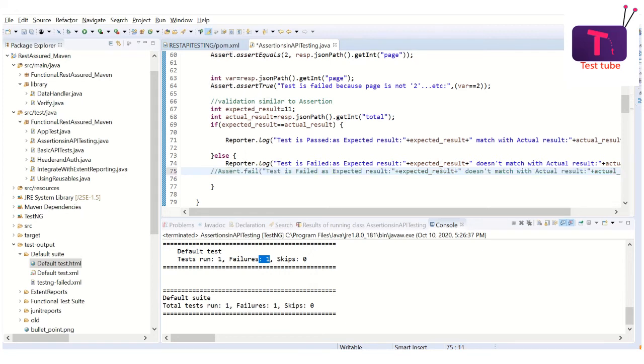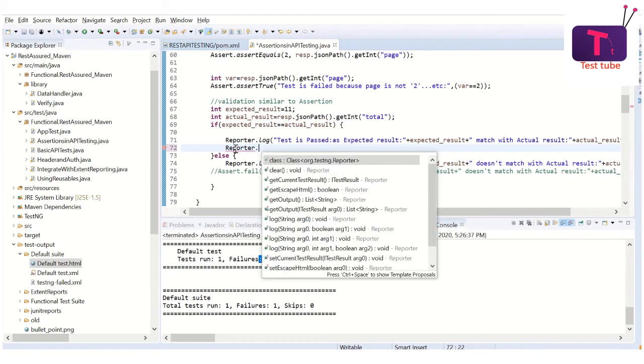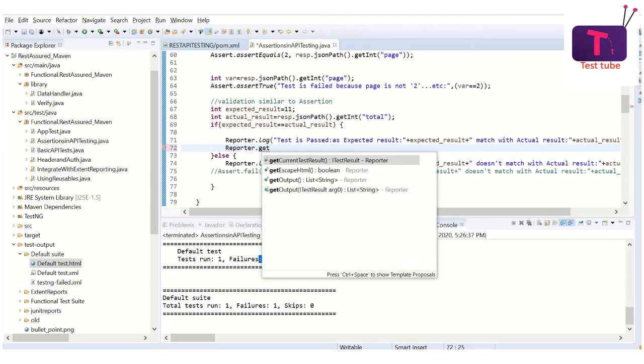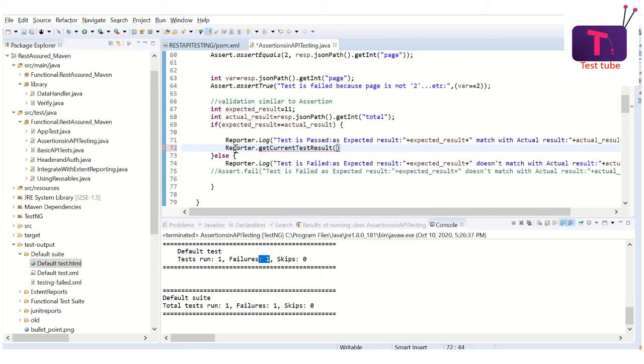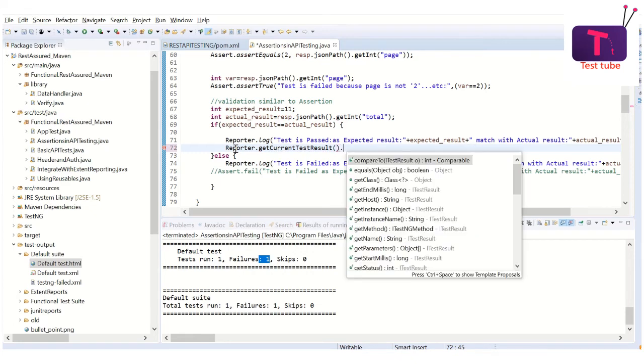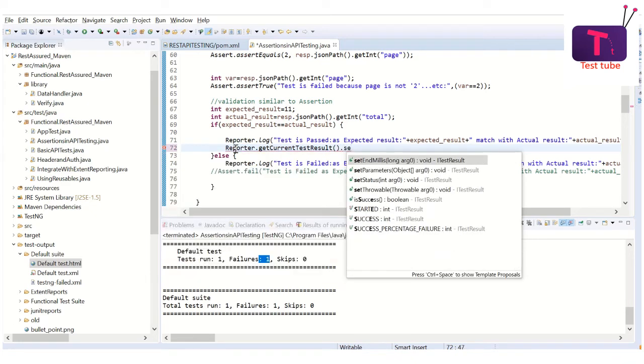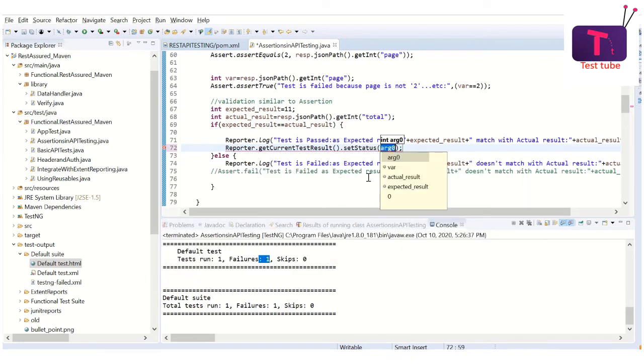I'm going to comment it. Instead, now I'm going to use another method of this Reporter class, that is Reporter.getCurrentTestResult. So I wanted to mark this test case as failed, right? So I'm going to get the current result, and I'm going to set the status as... So if this condition is met, what should the status be? The status should be passed.